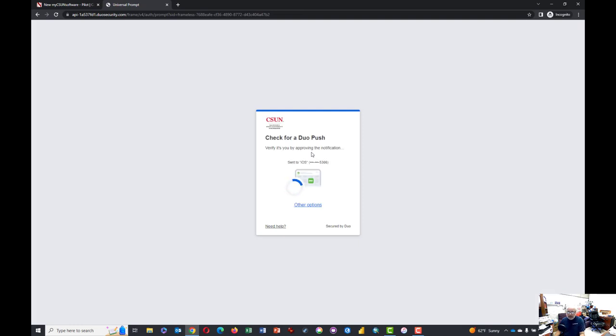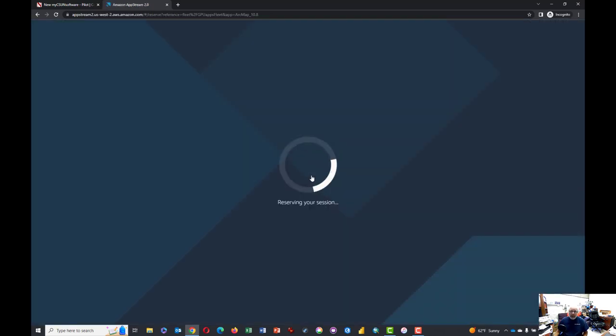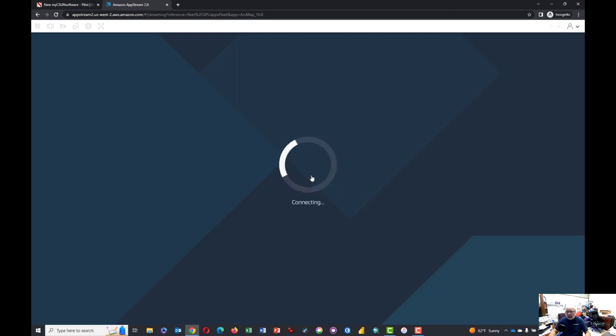You are likely to get a Duo push notification. Deal with that. Trust the browser, and this window will appear. It may take as many as 2 minutes, 120 seconds, but I've found that it's been averaging somewhere around 30